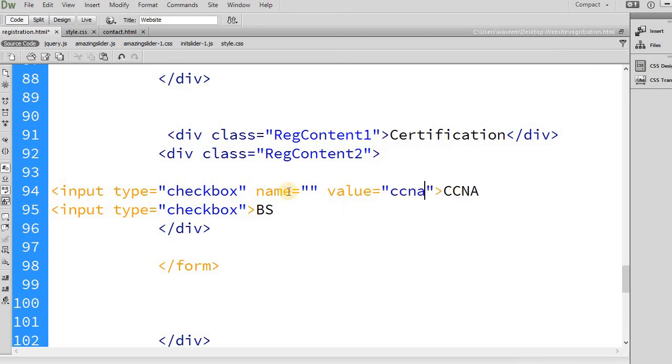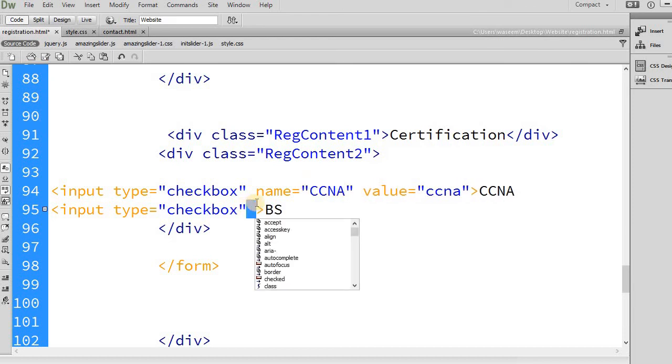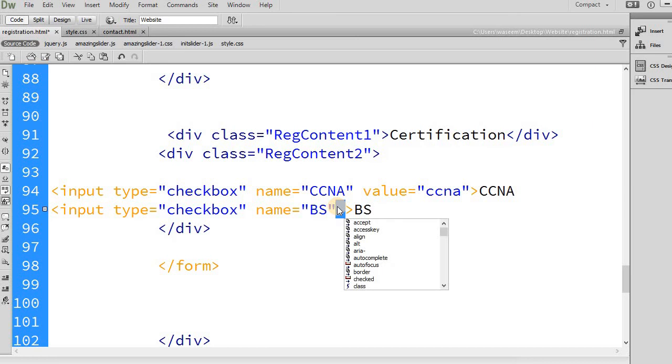Like I will write here CCNA, and the name is CCNA in caps. So here I can change the value in the name, right? I do not need to write the same name here like I write in the gender. For the radio button, if I use the radio button, then this name should be the same, and if I use check boxes, then I can change this name because I can select more than one. Hope you understand everything. If you do not understand anything, you can comment, and I will answer your questions. I will save this, refresh my browser. Here you can see,